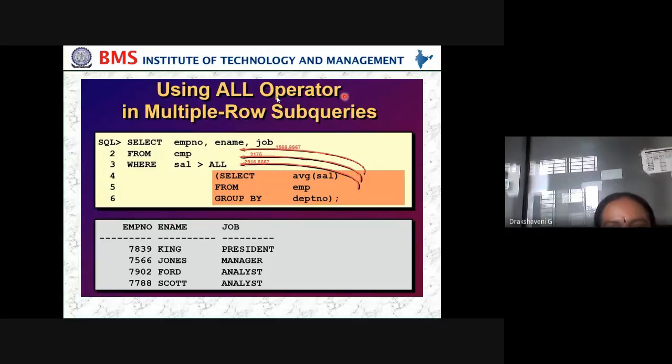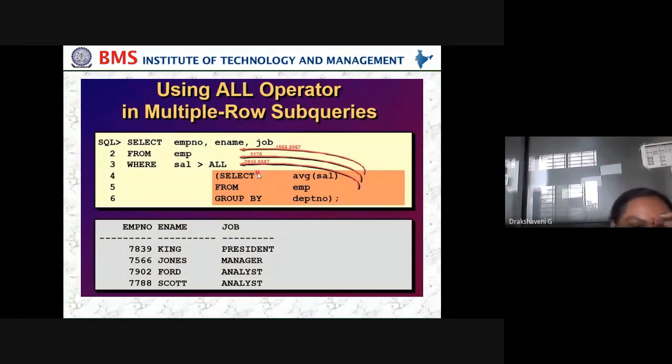So using the ALL operator in multiple-row queries: select employee number, name, job from employee where salary should be ALL. Means I should have the people who are getting 2175, also the people who are getting 2916.67 and 1566.67. So all the employees who are getting these salaries, I want all.